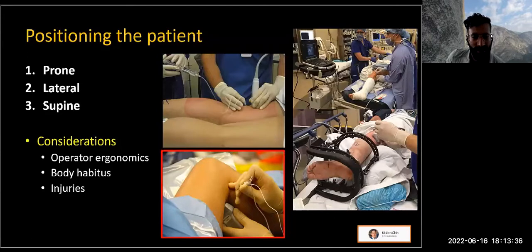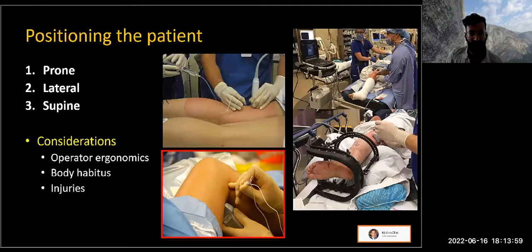In general, a prone position is the easiest for the operator. It's quite ergonomic and easy to needle from, but it can be difficult for certain patients to achieve and maintain a prone position for any length of time. Lateral is a good balance of all of those aspects, and supine is my least favorite,